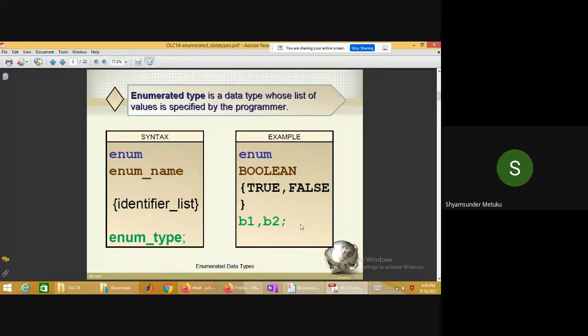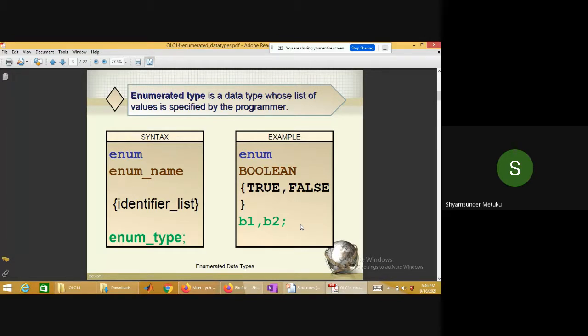Coming to the usage syntax, enum is a keyword which you use, followed, similar to structure or union, by any name you like. It is a user defined data type. Then you keep a list, the identifier list. At the time of declaring the variable, you use enum type. Actually enum type is a user defined data type. Now onwards you can use enum type equal to maybe a b c d, something like that. So a b c d belongs to the enum type. That is how you can use it.